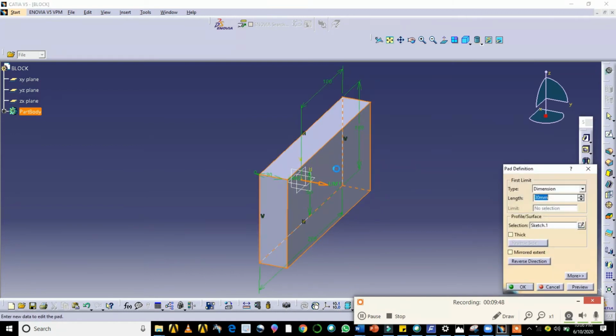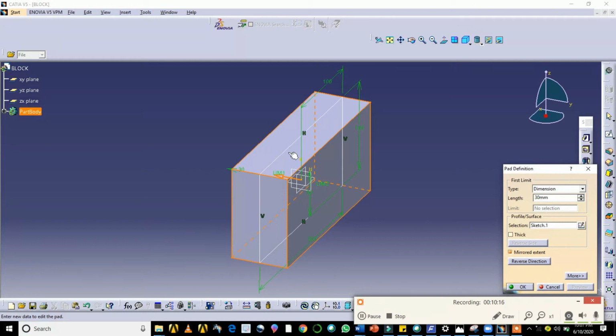Or if you want to change any parameters, for example, here, mirror extension. See here, if I use a mirror extension, see the preview first. It will try to extrude from the mid plane.